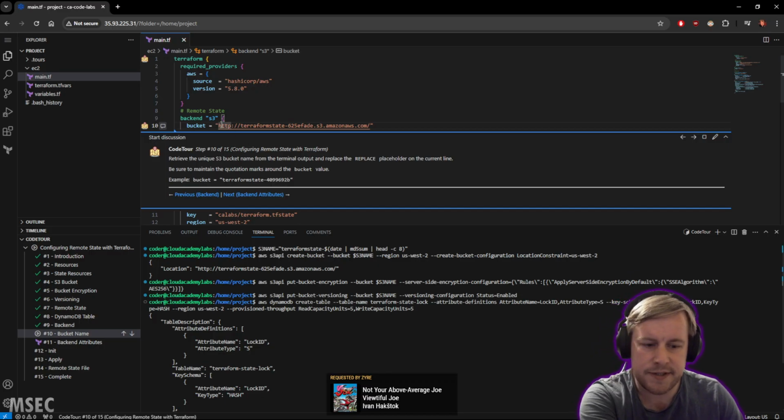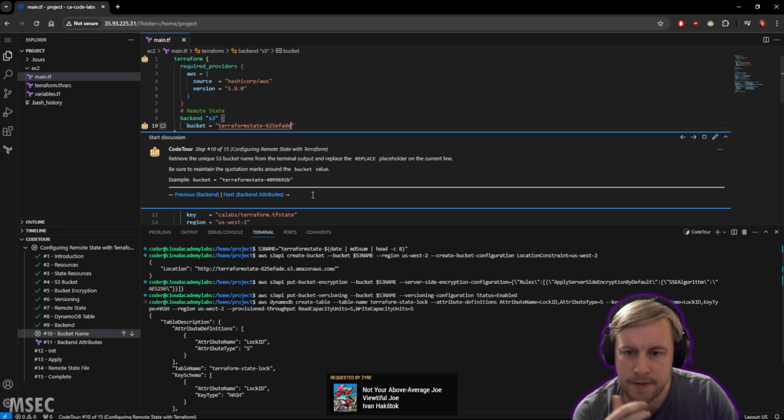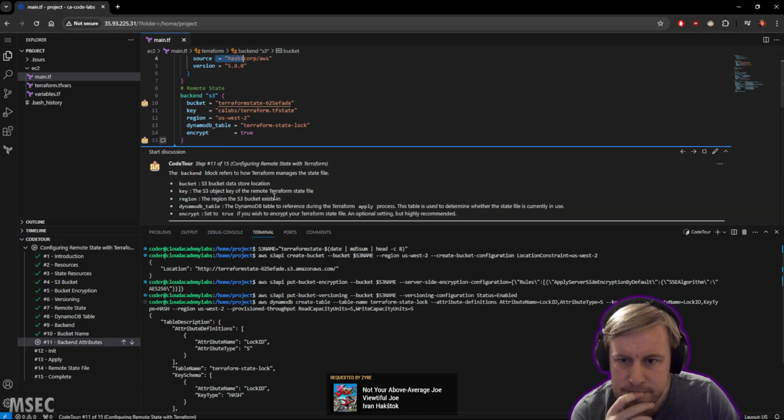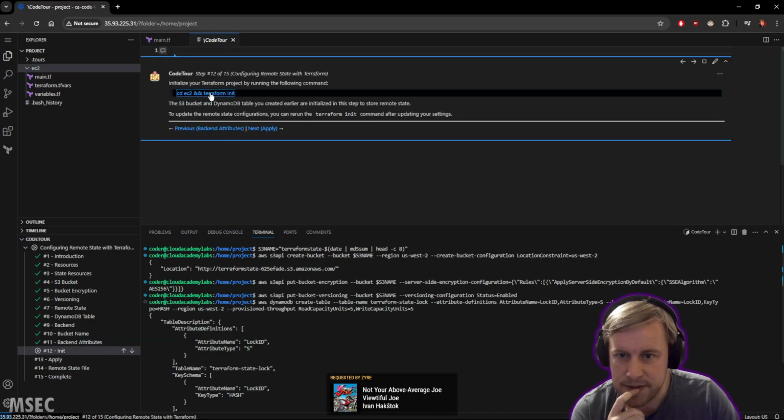We don't need the HTTP stuff. The backend block refers to how Terraform manages the state file. It's got bucket, key, region, table name, encryption. Key is the S3 object key of the remote state. Okay, so we